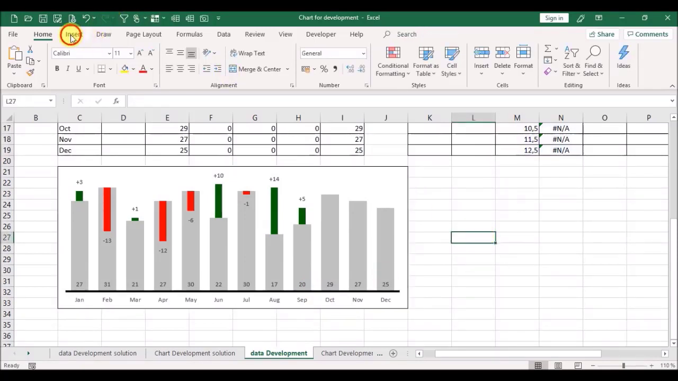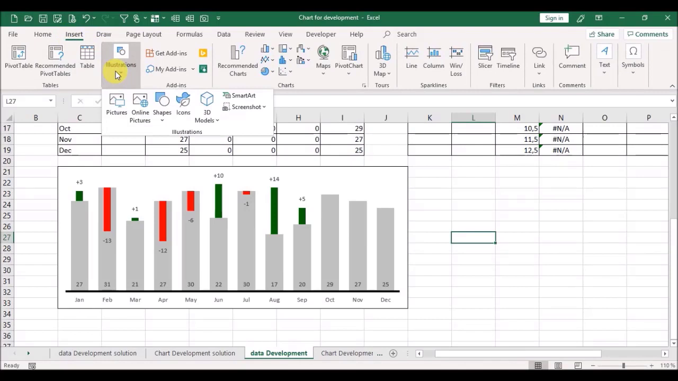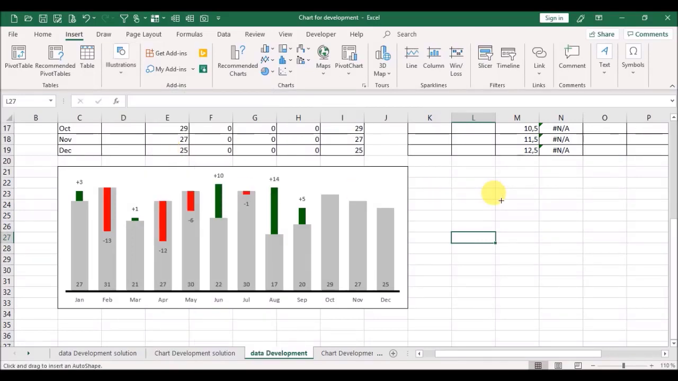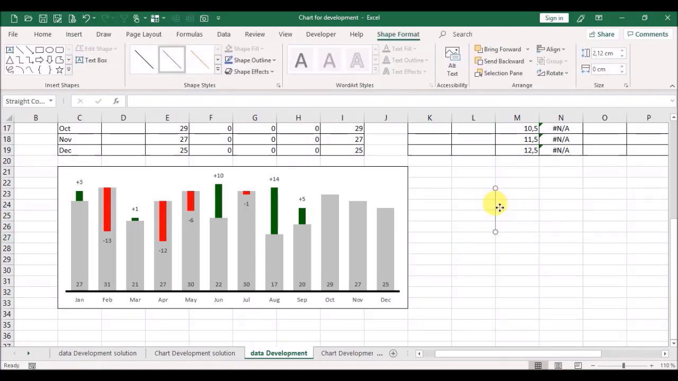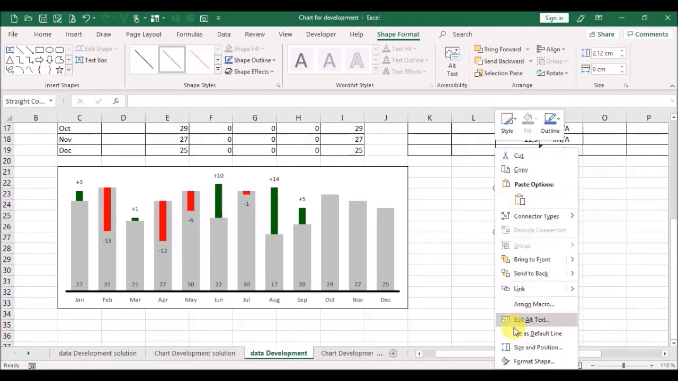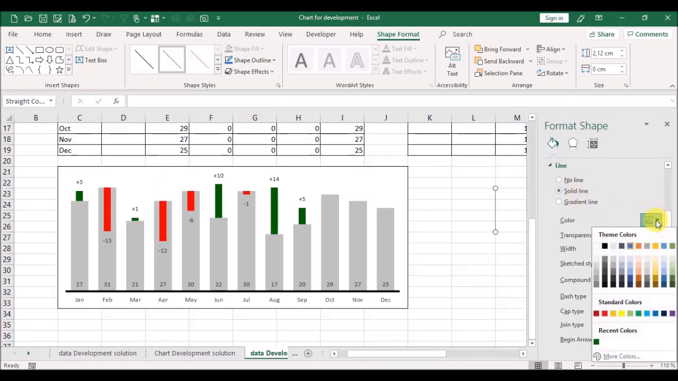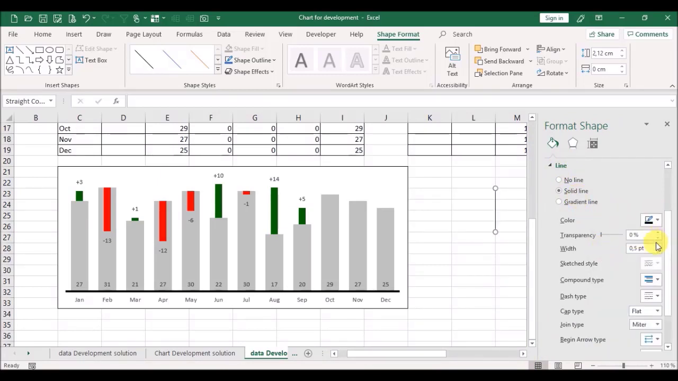Then we go to Insert and Illustrations and Shapes, and we select here the line and press the Alt key, so we will get a vertical line. Then right mouse key, format shape. Then here at the bucket, at line and solid line, we select a black color. Then bigger, 2.5,